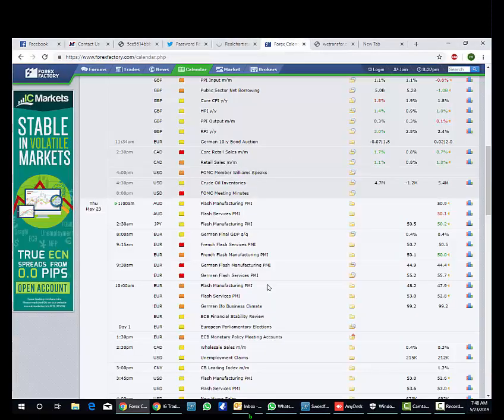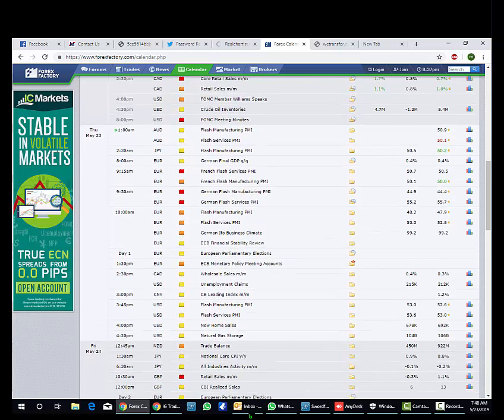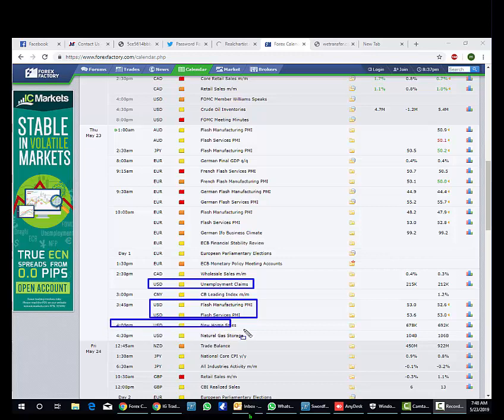Okay, let's have a look at data for today. There's a lot of stuff happening. It's Thursday, so it's unemployment claims. It's a big one. Normally, in front of unemployment claims, we don't get a move that tries to preempt things that much. And then there's flash manufacturing and manufacturing at 3:45, and then new home sales at 4 o'clock as well.